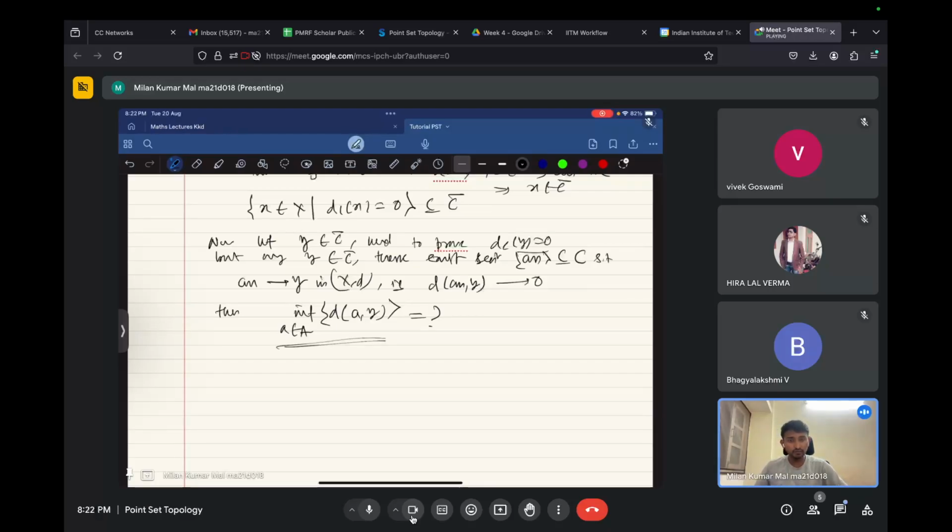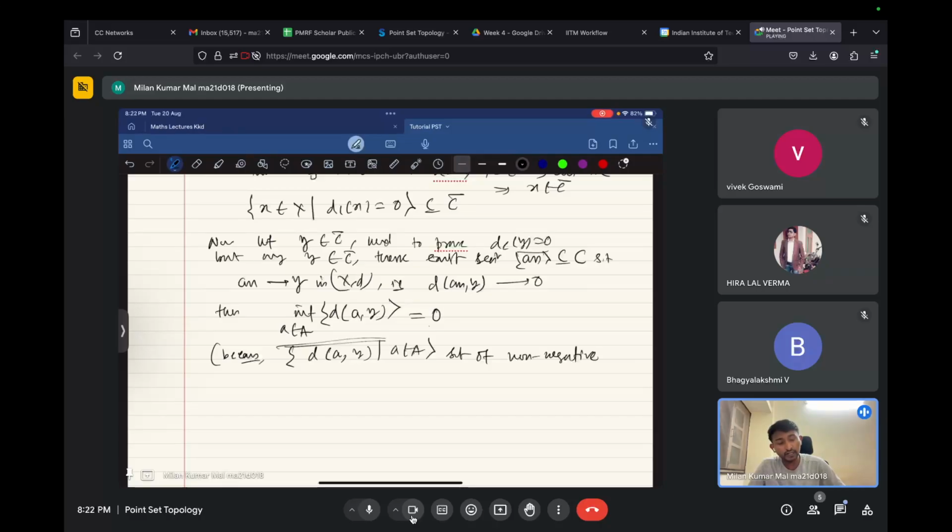These all are positive. Suppose this is a particular collection of sets and that is positive, and there is a sequence which is converging to 0, then what will be the infimum of that set? That set will be 0. This is 0 because if you take this particular real number collection d(a, y) such that a is coming from A, this is a set of non-negative real numbers